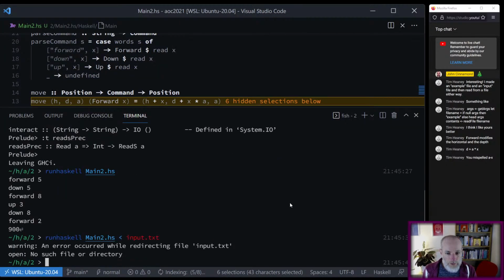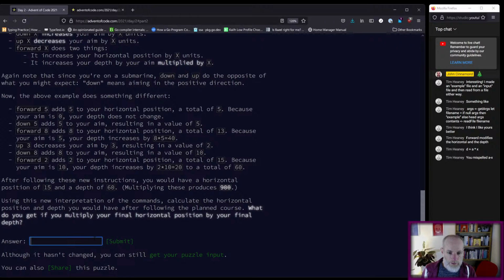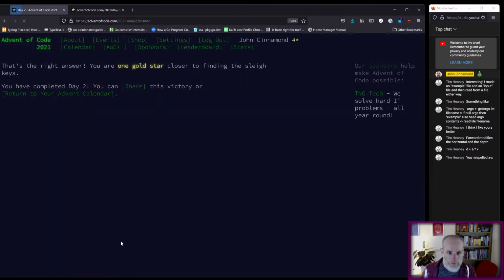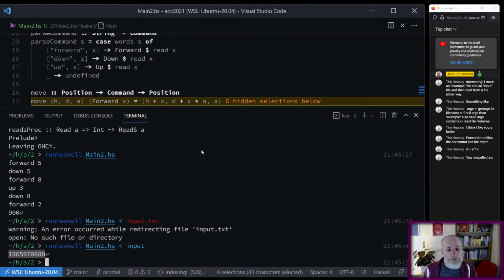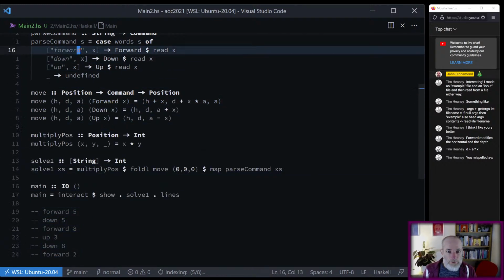So I run this. It gives me this answer. I can grab that without a return. Okay, let's see if this is correct. Cool, I get a gold star. Good stuff. So that was a little bit messy because I started off with the semi-group approach, thinking